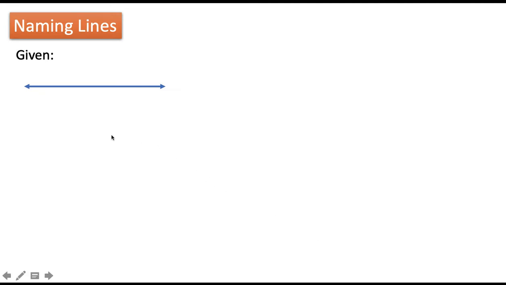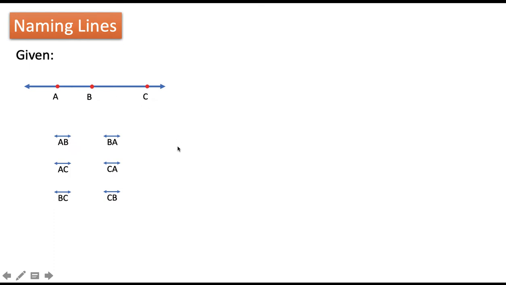A line has an indefinite number of points. Let's say that our given line has known points, namely point A, point B, and point C. These known points can be used to name this given line. So the notation can be written this way, and it is read as line AB. It can be line BA, line AC, line CA, line BC, or line CB. So there are 6 different ways to name this line using 2 letters if there are 3